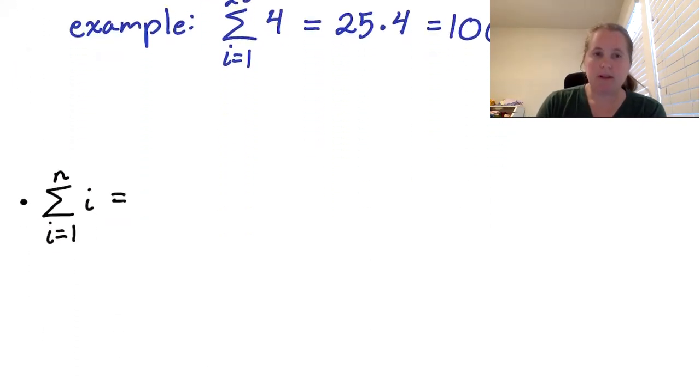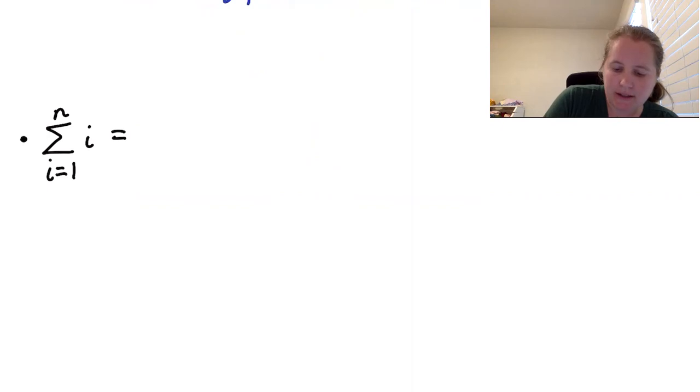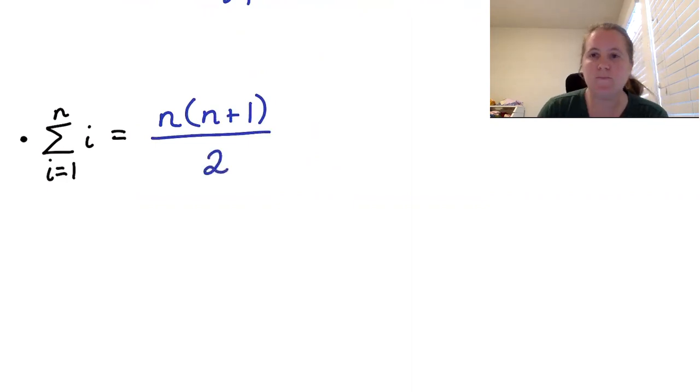Next up, let's look at the sum from i equals 1 to n of i. So this is like 1 plus 2 plus 3 plus 4 plus 5, going on until n. It turns out that this is n times n plus 1 divided by 2. So for example,